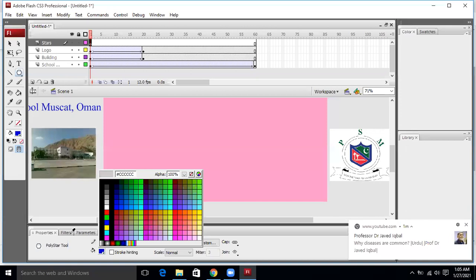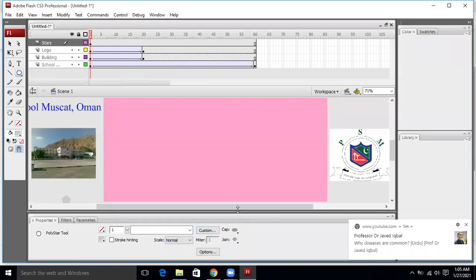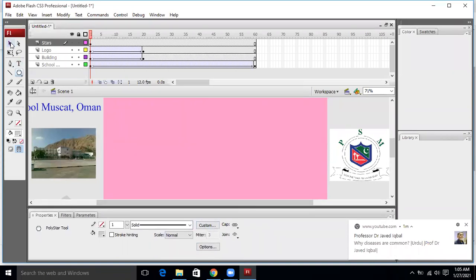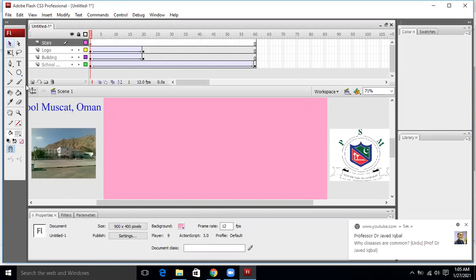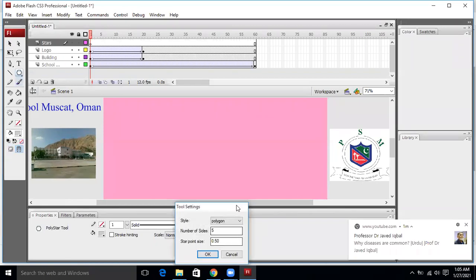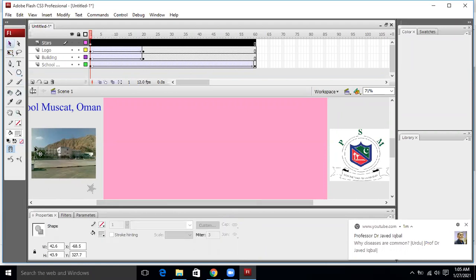We can take any color or design we want to take. Okay, it was not showing me that option actually. I have to draw the star. So I will click over here on the polygon. I will take this option, PolyStar, with 5 corners, without any outline. Outline is not there. Okay, now I can click it. I can give it some good color, any color I want to give.